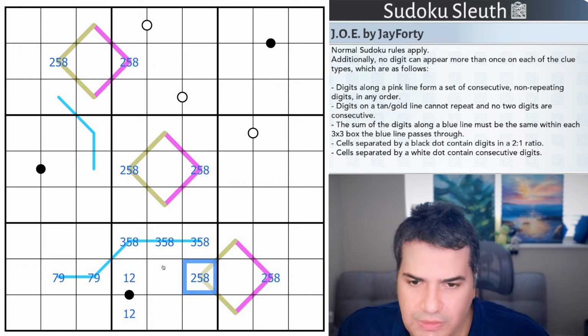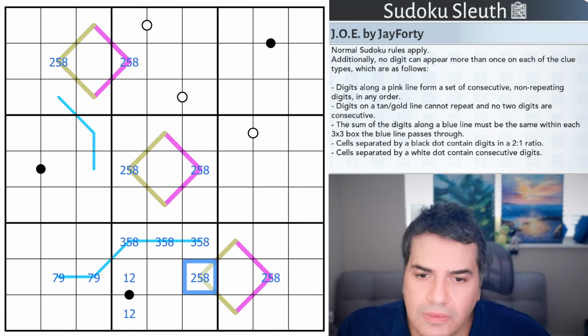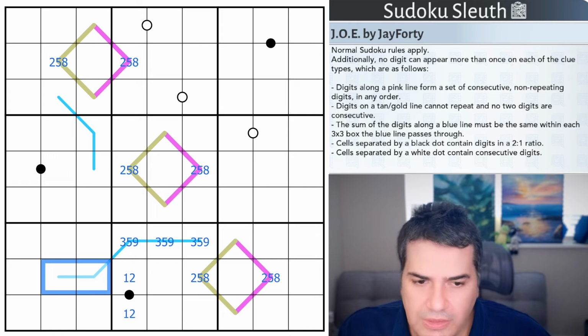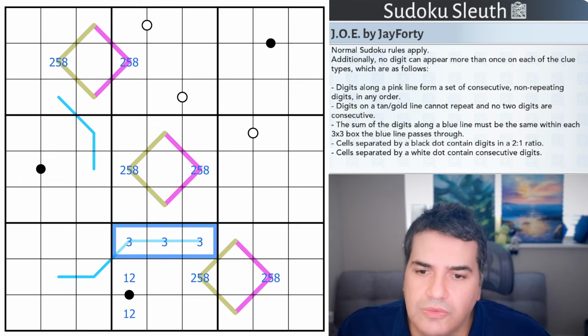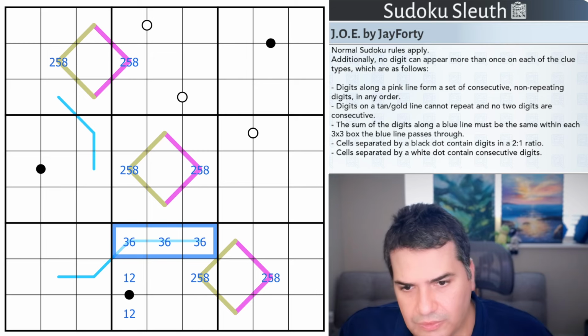That would have to be, well, it's not 5, 8, or 2, so this cell has nothing. And then last attempt, 3, 5, 9. Probably too big. 12 and 5, 17. That would have to be 8, 9. Right. So 3, 5 and 3, 4 doesn't work. 3, 6